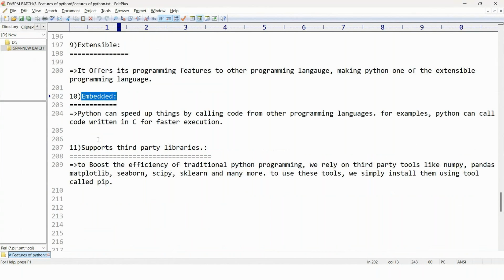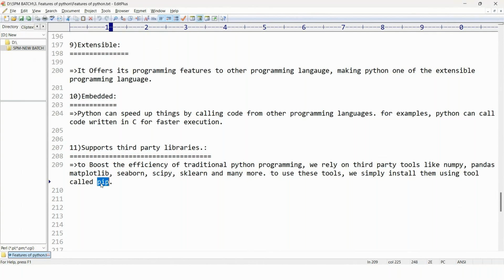As well as it also supports third-party libraries. To boost up the efficiency of traditional Python programming, we rely on third-party tools like NumPy, Pandas, Matplotlib, Seaborn, SciPy, sklearn, and many more. To use these tools, we simply install them using a tool called pip.